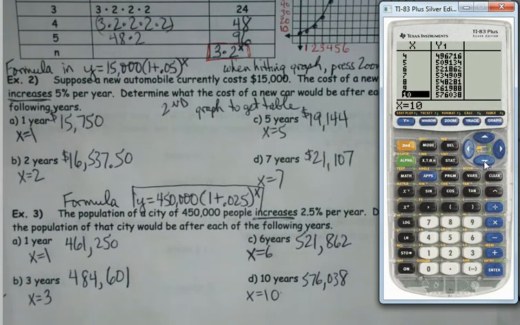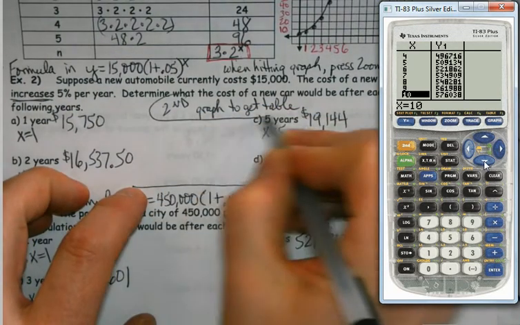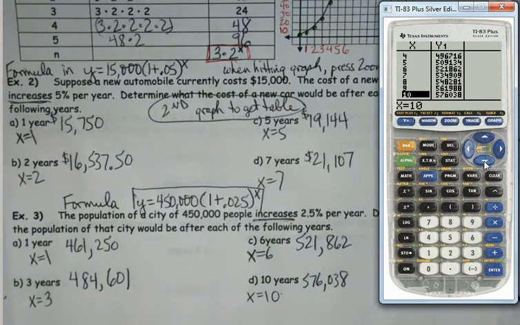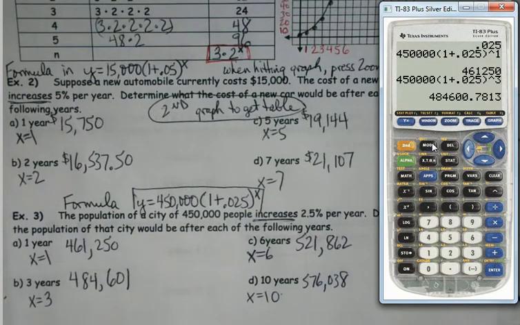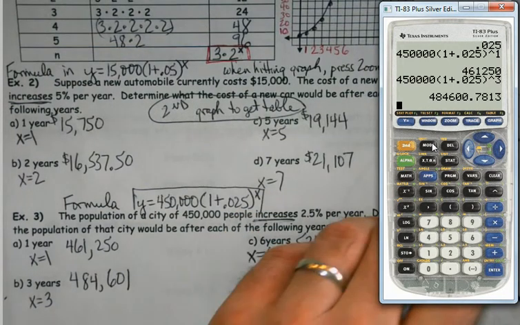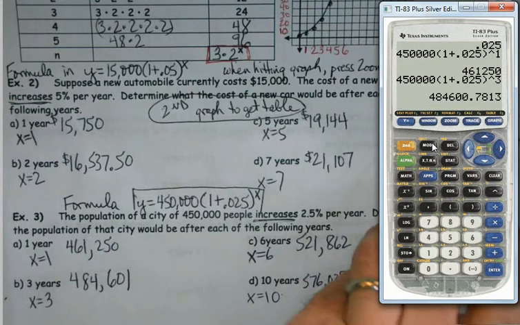Okay, so again, whether you use the y equals and second graph, let me stress that again, second graph to get the table, or you do it manually like we did here, the answers are always going to work out right for you, okay? But it's just making sure that you get used to the formula. And again, with this being notes, you'll have access to this in all your homework and the quizzes anyway. So you'll always have that to be able to look at for an example. Now, if we flip over to the back,